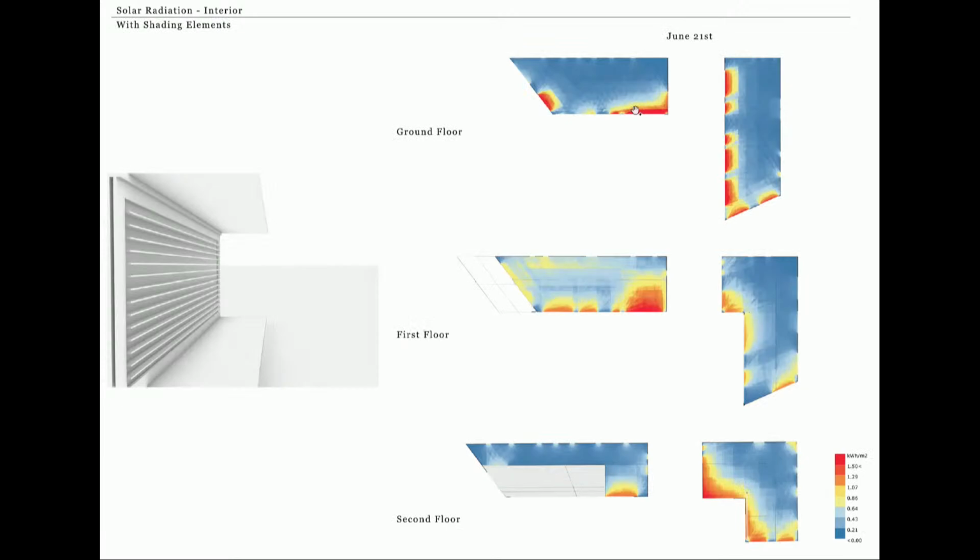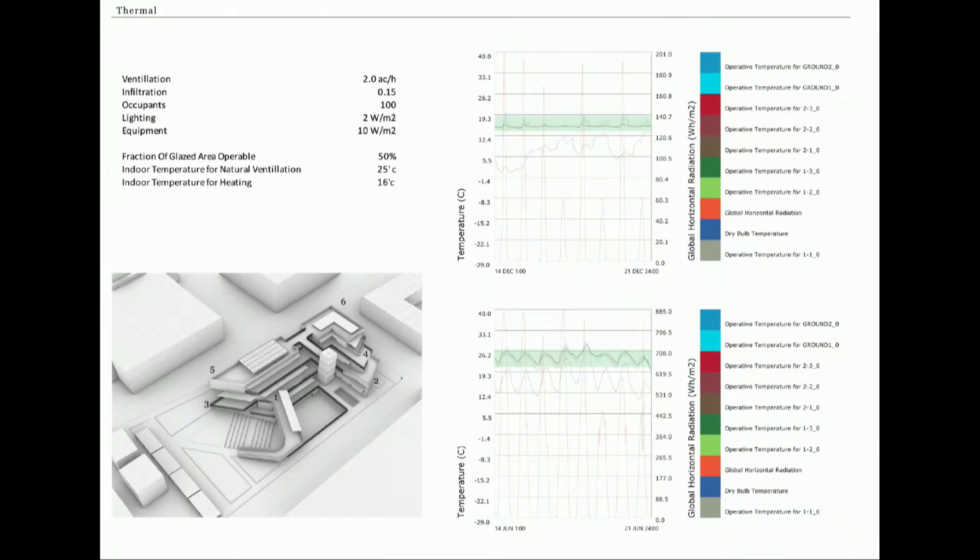To tackle this, the design has a shading element and another layer to the window, which reduces the glare and reduces the solar radiation entering the space. From the results, it can be seen that it gave better results on all 3 floors when compared to the base case. Moving on, I divided the zone into 6 zones, as the plan is very open,